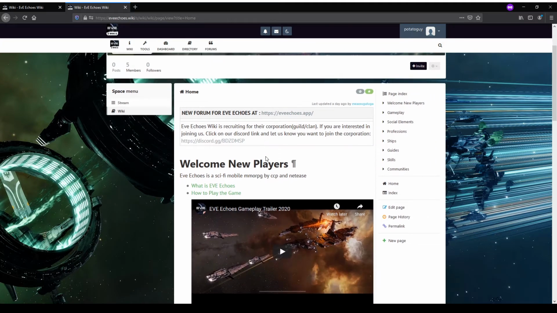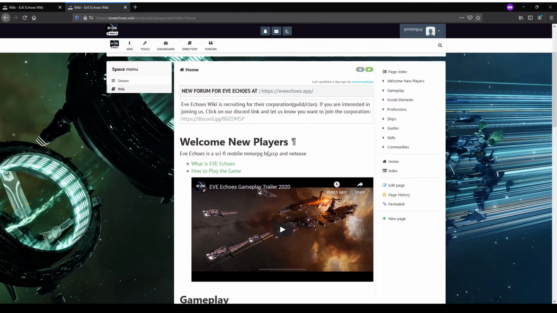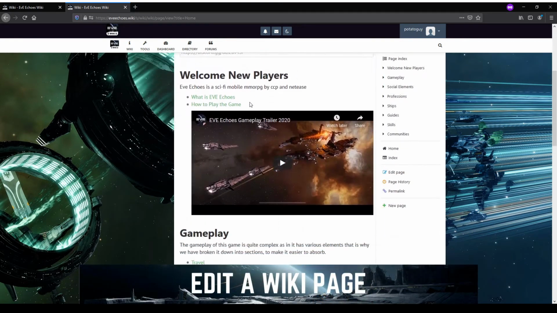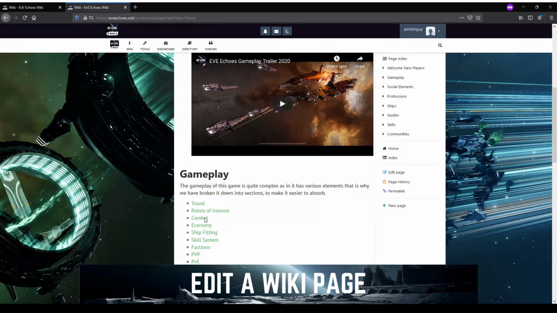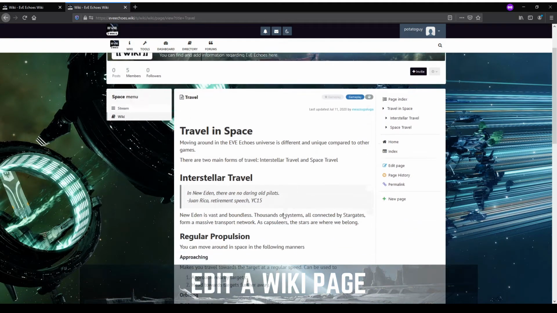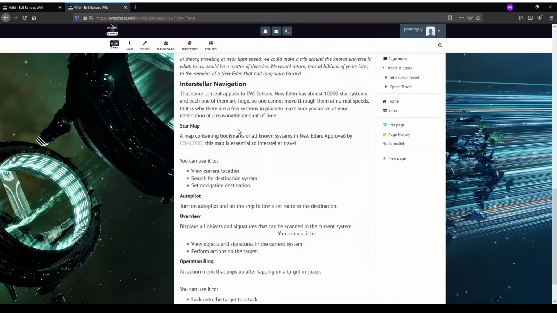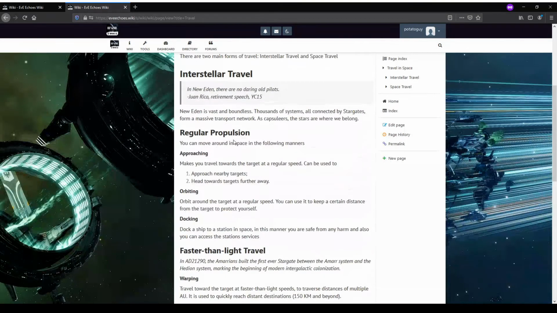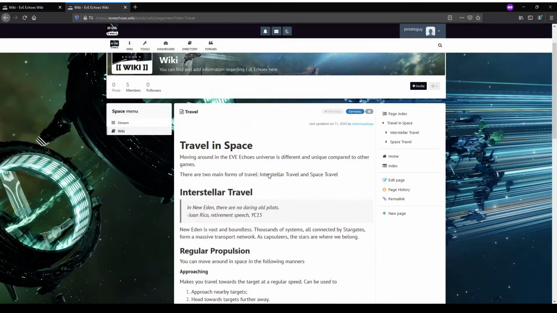So now the most important part: how do I add and edit pages? Let's start with editing. Let's say for example you're scrolling through the wiki and you go to travel, and you spot a few things that are not necessarily correct, or there are a few topics that you want to add. You can do so by clicking on edit page. One note is that this website is fully responsive,